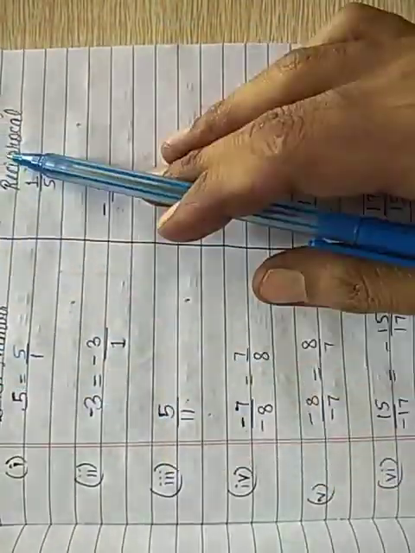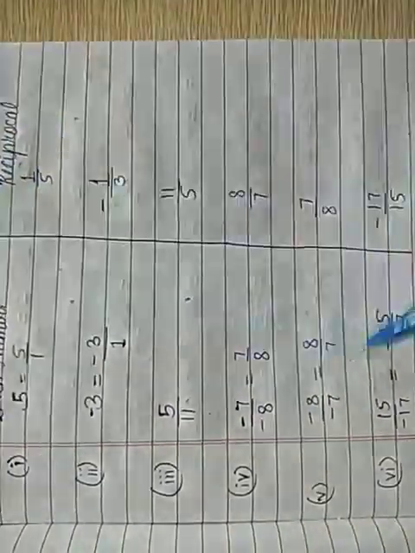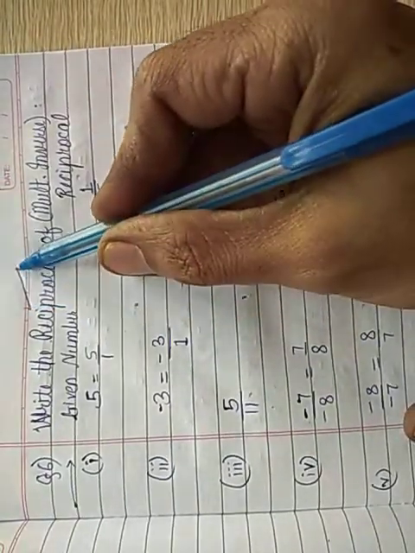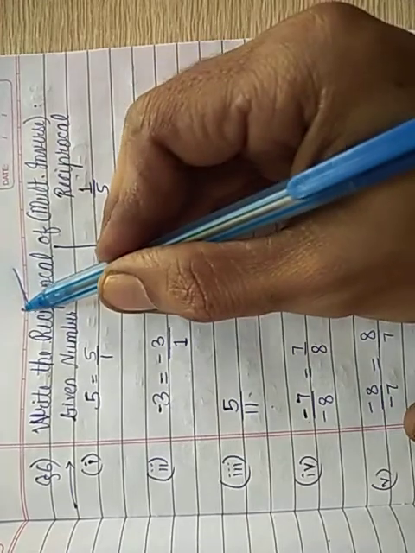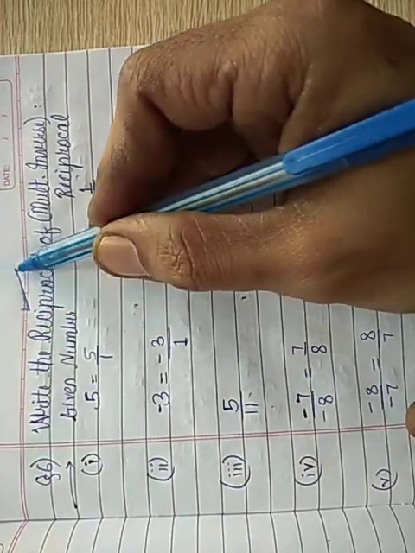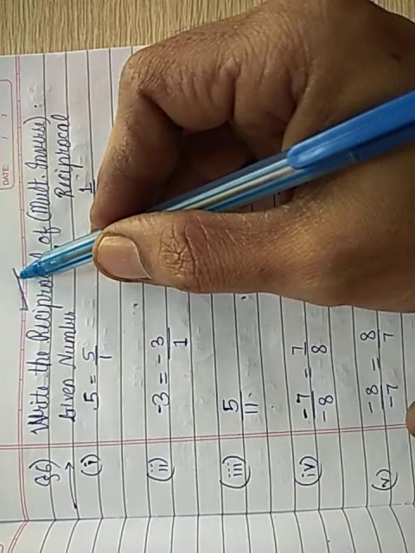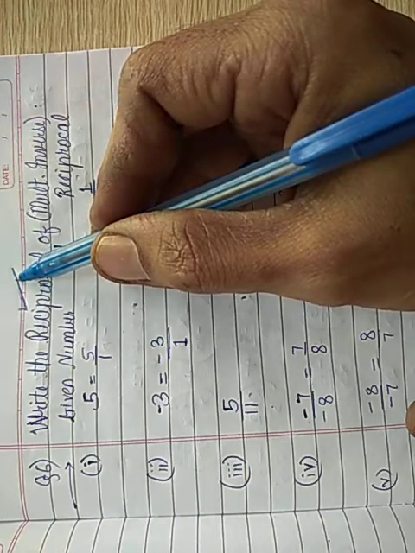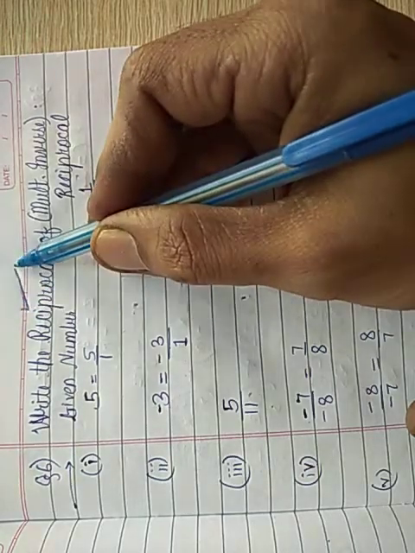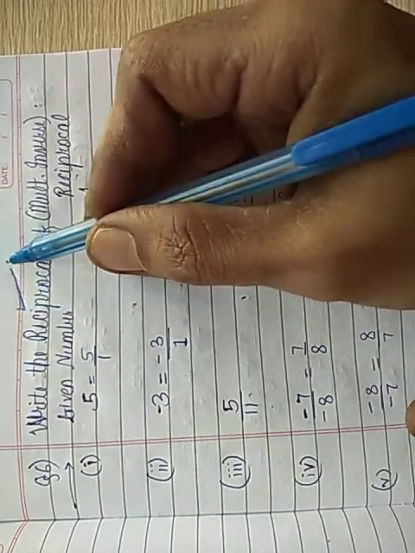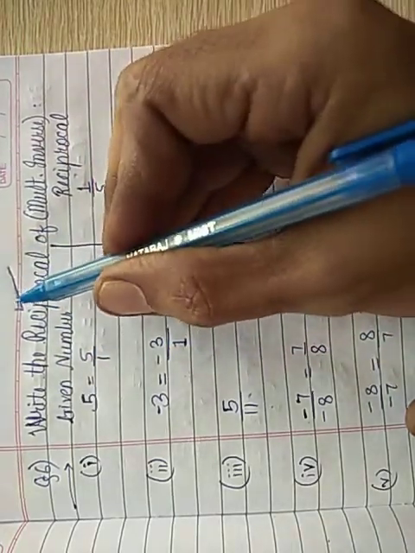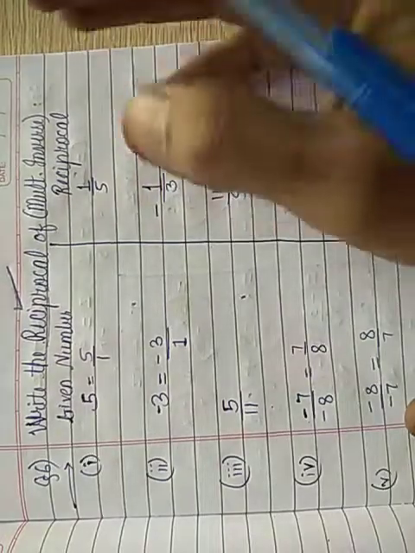Now write the reciprocal of the numbers. When we calculate the reciprocal, the sign remains same. If you remember, we have seen this with the property of water. While we see in the mirror, lateral inversion occurs, and while we see in the water, vertical inversion occurs. But while vertical inversion occurs, lateral inversion does not occur. Means while we reciprocate the numbers, the sign does not change. So in reciprocal, sign will remain same.